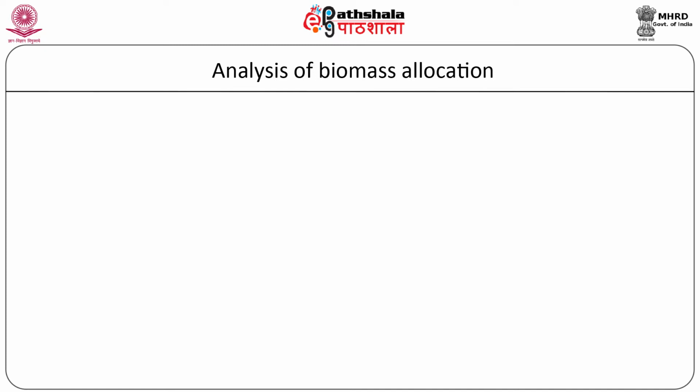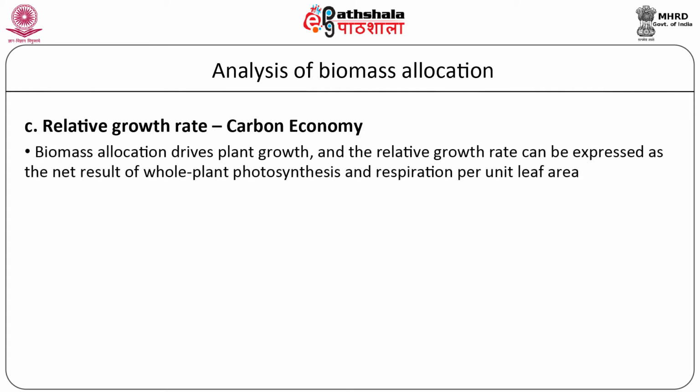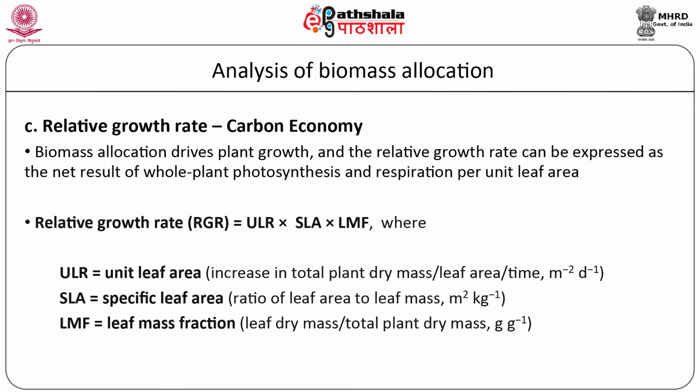Biomass allocation can therefore be analyzed in terms of relative growth rate. Since photosynthesis takes place only in the leaves, the carbon economy of the whole plant can be expressed as a net result of whole plant photosynthesis and respiration per unit leaf area. The relative growth rate can therefore be expressed as the product of unit leaf rate, that is ULR, which is a measure of the increase in total plant dry mass per leaf area per time,